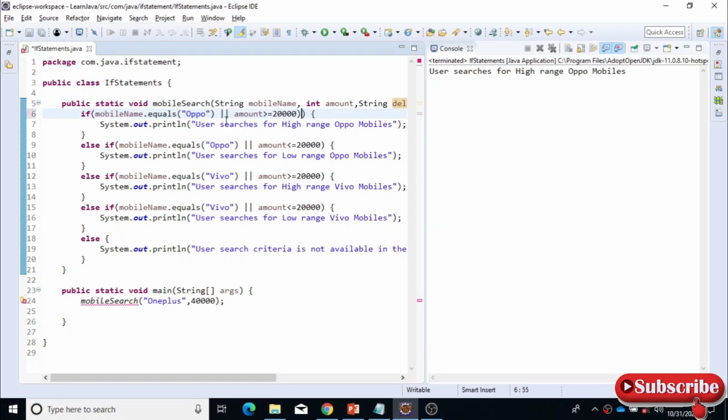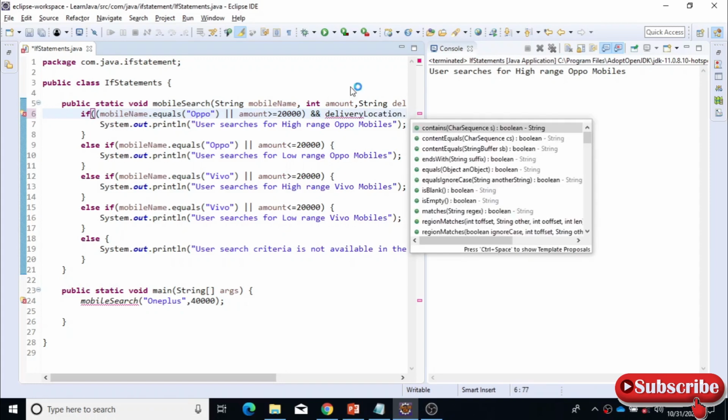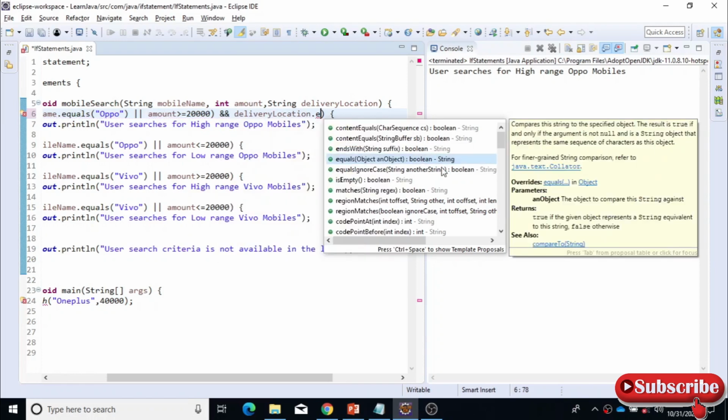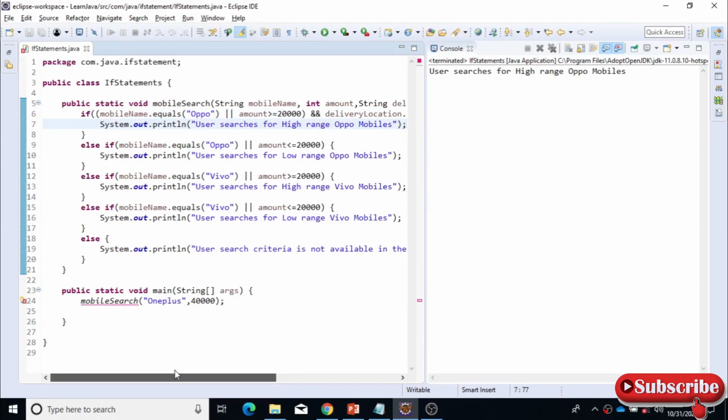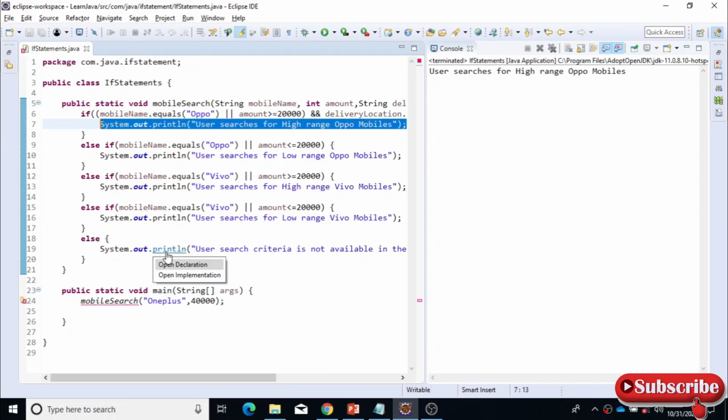It has to check them as a single condition as it did now, and we will put a condition for delivery location here with the AND operator. Delivery location dot equals Chennai: if it is Chennai then it will deliver, if it is other than Chennai then it will not deliver the mobile phone.